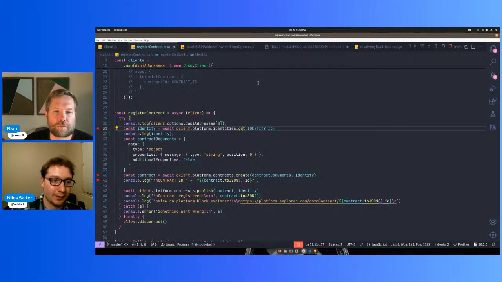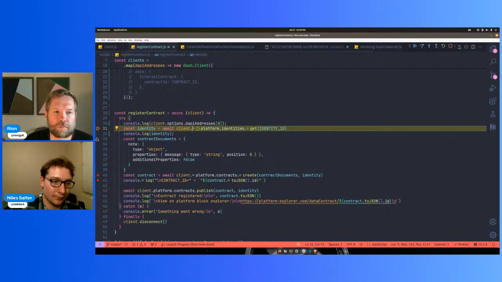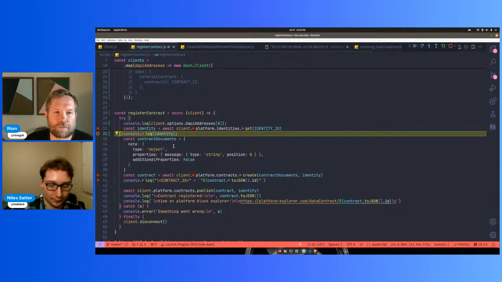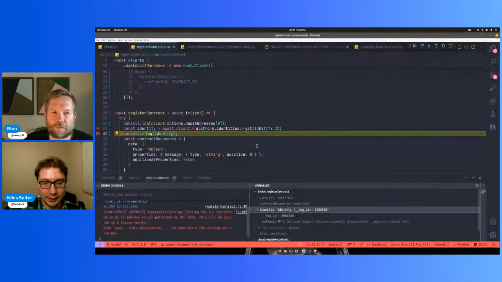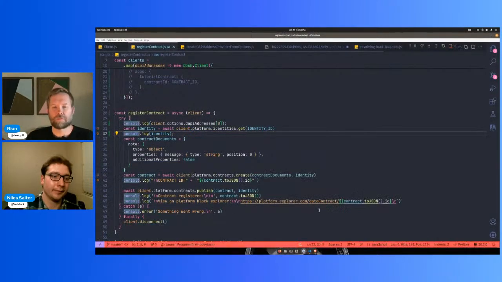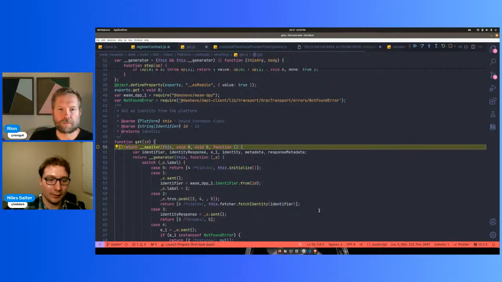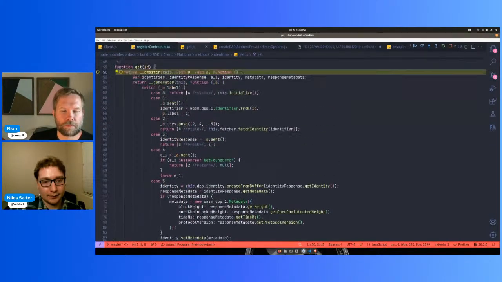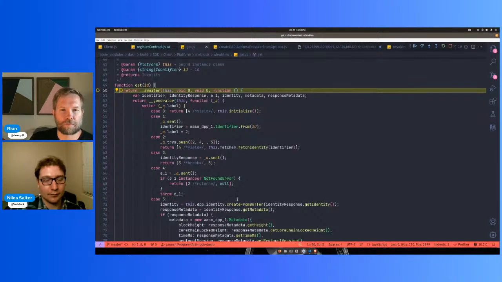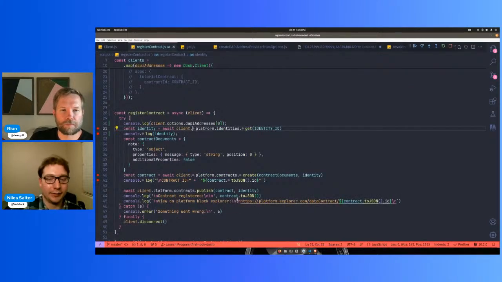Let me try stepping in. Identity. The heck is that? Let's actually step in if it will let us. And it won't. Yeah, we're going to have to get the non-transpiled code to do this well. Mm-hmm. To figure that specific thing out. But